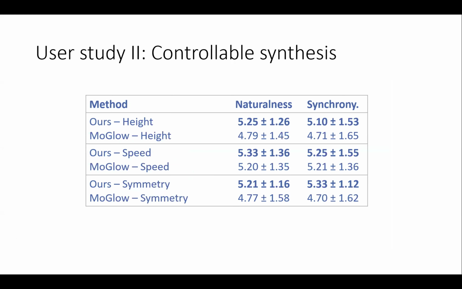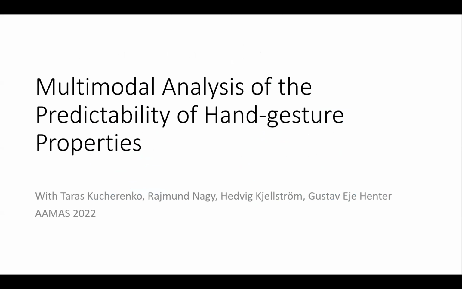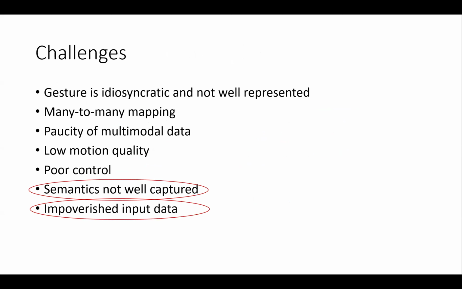Okay, I'm going to skip this for time. We compared it to some other systems, and it performed fairly well. But what I want to talk about is one last approach, where we were looking at this fundamental issue of whether we can actually generate meaningful gesture. Here we were dealing with impoverished data. So we wanted to see, dealing with just the data that's out there, can we actually generate reasonable semantics in the kinds of systems that people are looking at now?